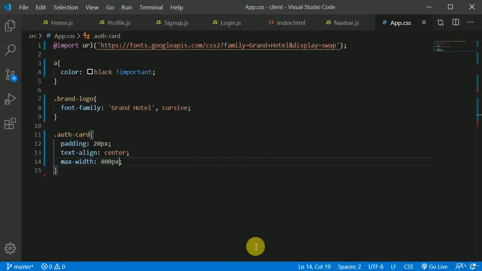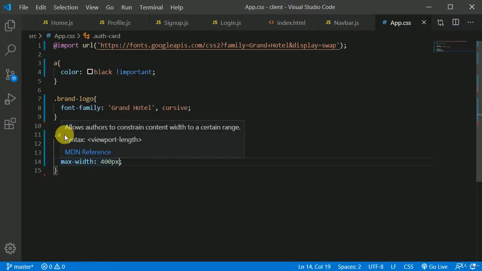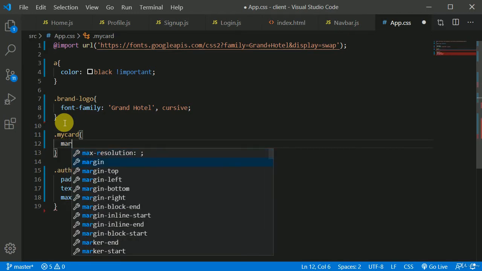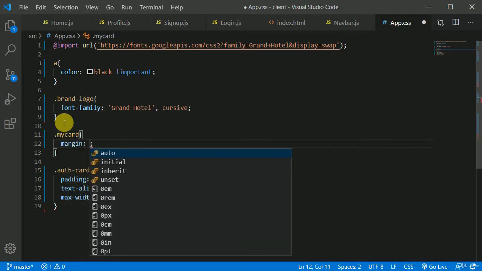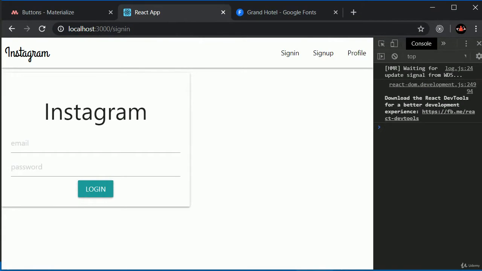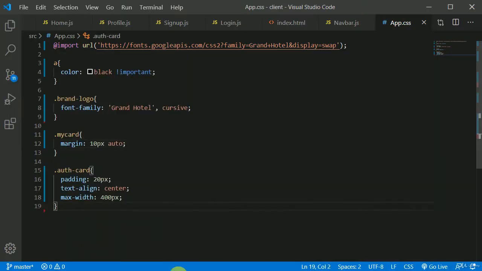In order to center this in here, I can grab my card, and here maybe I can add a margin from top and bottom, let's say 10 pixel, and auto from left and right. So this should center the card. Oh, it didn't work. Oh, we need to add this style to this auth card. Oh, my bad. Control X, Control V.